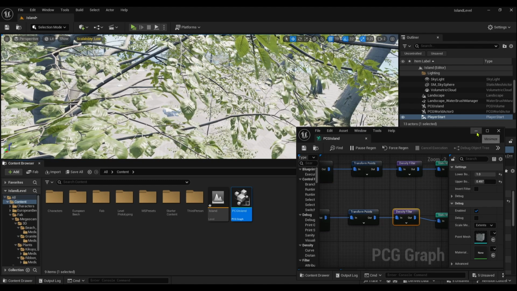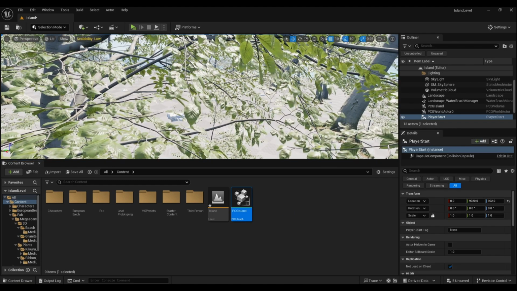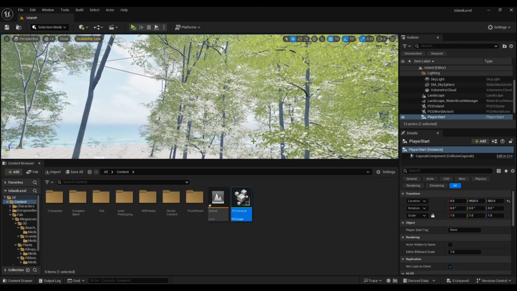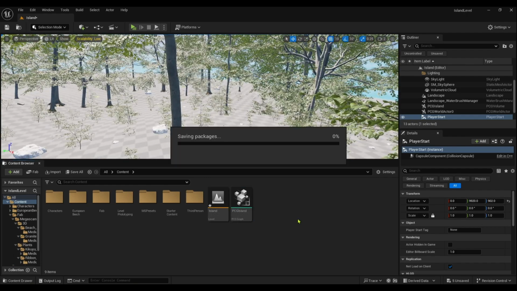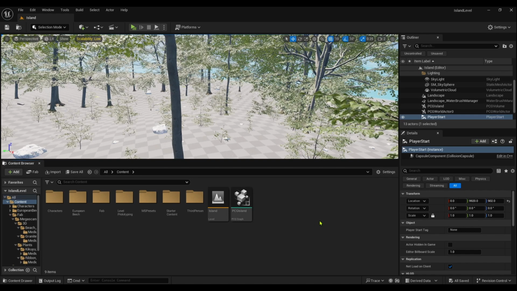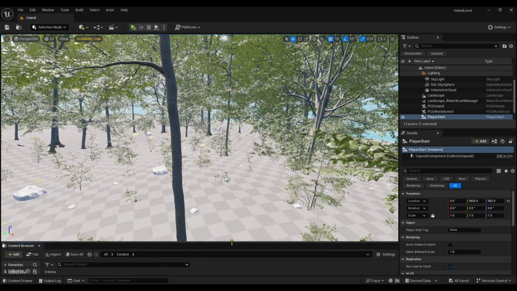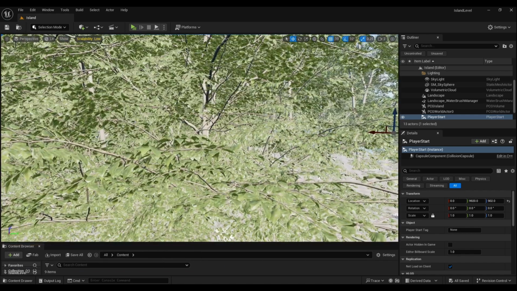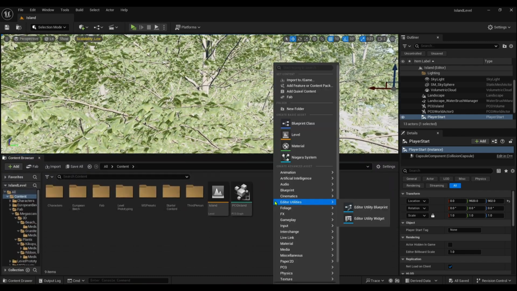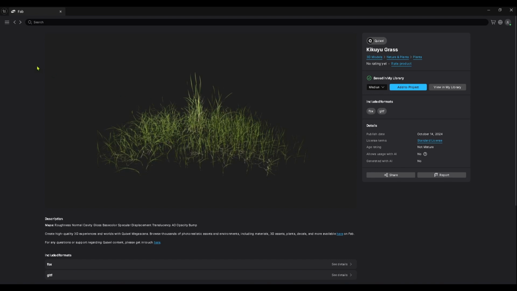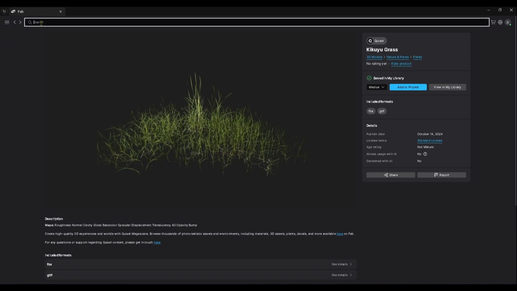All right. I'm going to leave the PCG graph up to you now. You can add in as many different meshes as you want, decorate it yourself. But what I do want to do is get a material on this, get some sand in here, and then add the Nanite, and that will do. All right. So we're going to right click, go to Fab, and we're going to type in, I